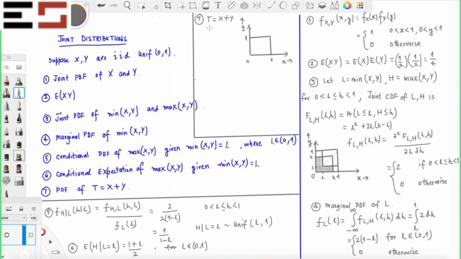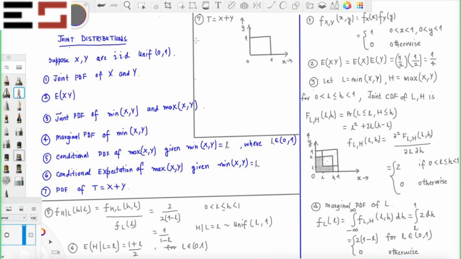So notice that x plus y will only take values between 0 and 2, because x and y are IID uniform 0, 1. So x can only take value between 0 and 1, y can only take value between 0 and 1. So the sum of them can only take value between 0 and 2. Okay. So now if I want to find the CDF